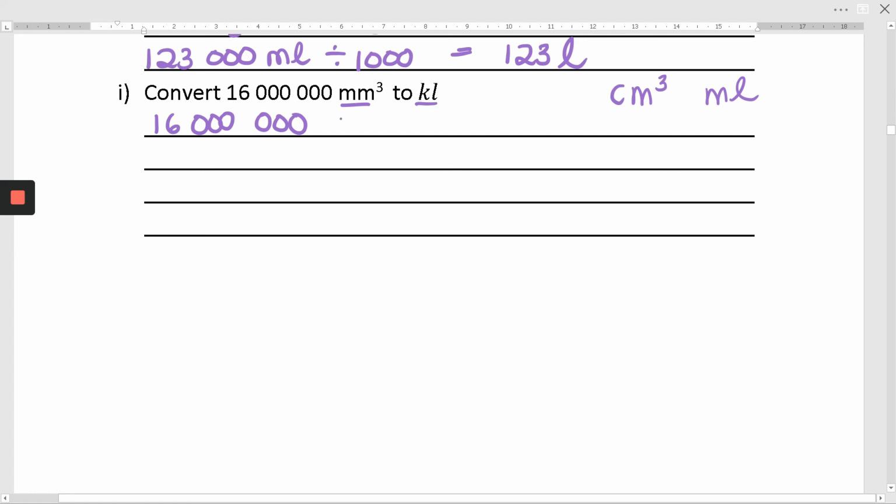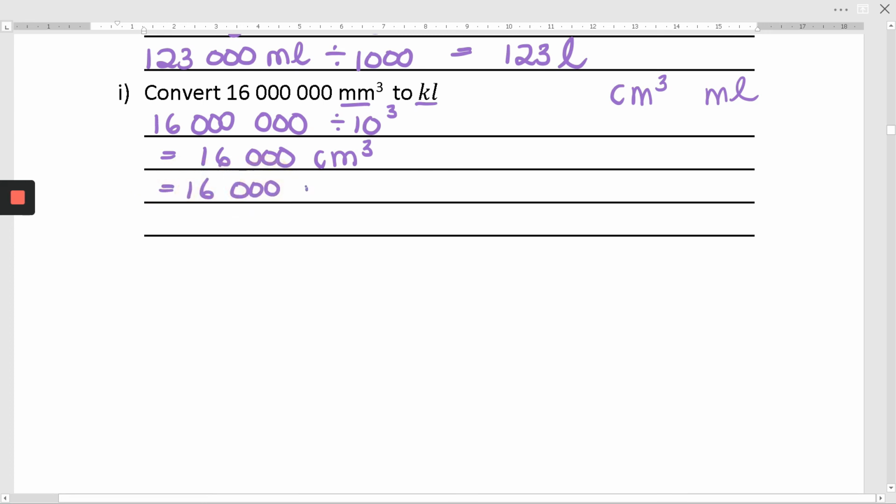I would normally go from millimeters to centimeters by dividing by 10. So now I'm going to divide by 10, but because it's volume, I'm going to do it 3 times. That is going to give me 16,000 centimeters cubed, which of course gives me immediately